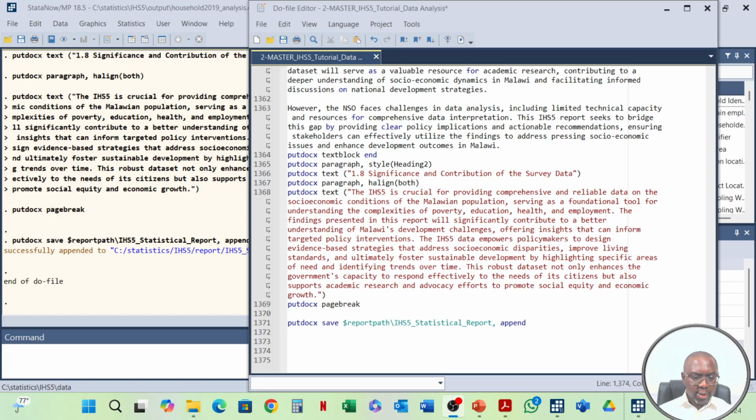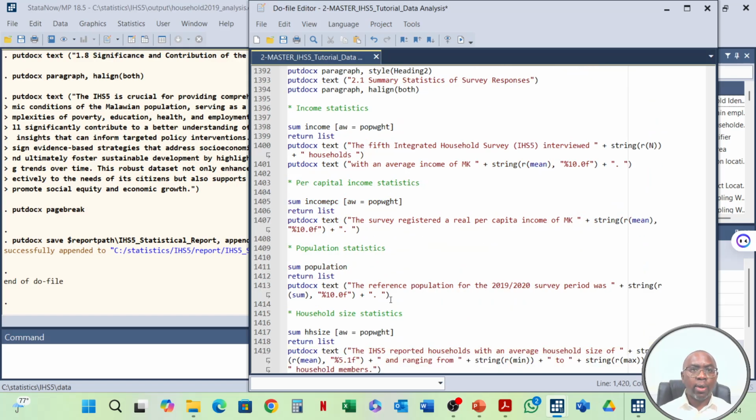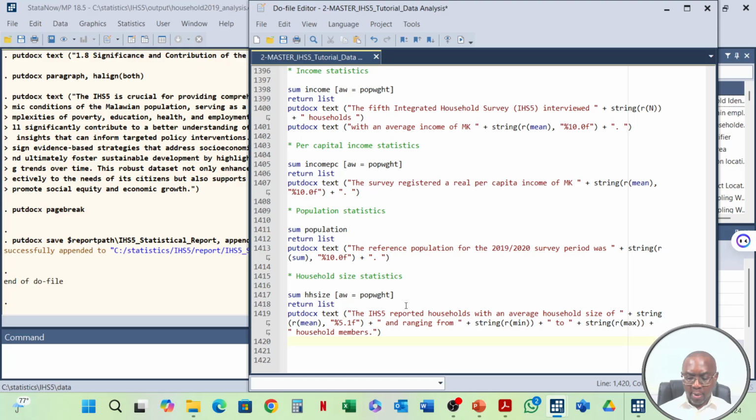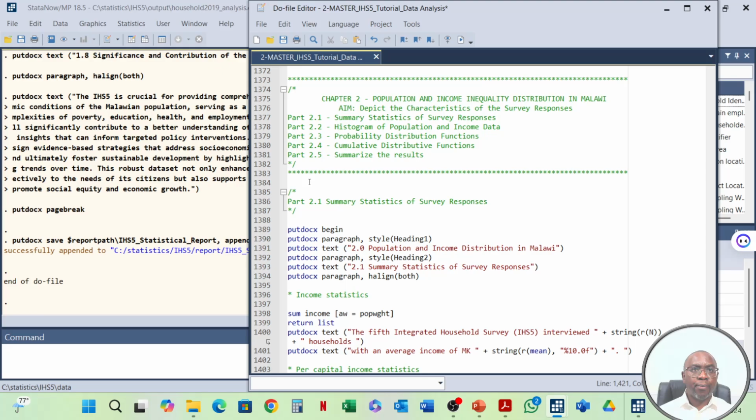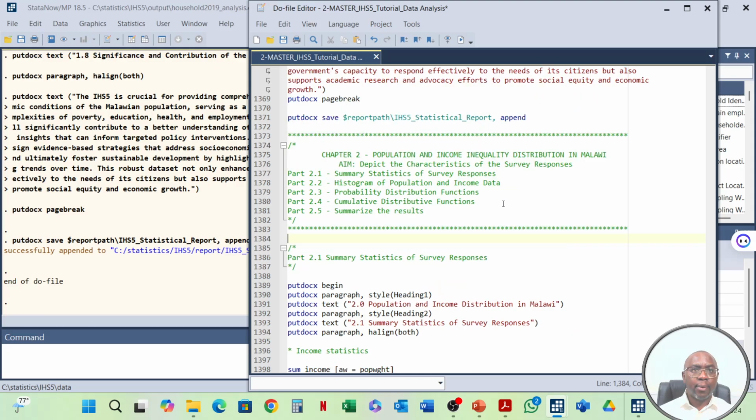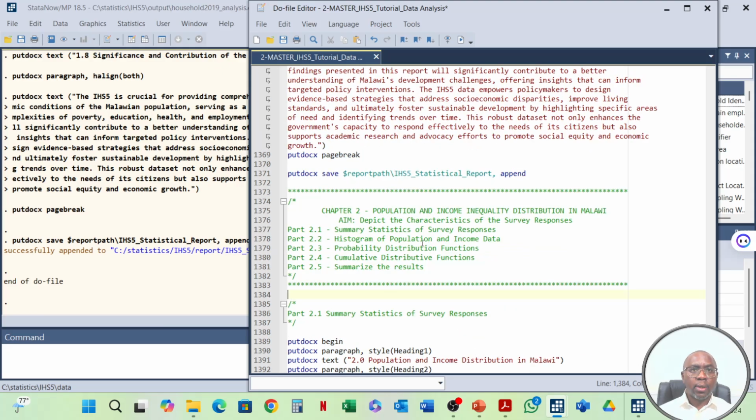So in this next lecture, we are going to go through now an exciting part of the generating of the automated report, and it's how you deal with what we call scalars or numerical values that are generated in Stata. Okay. So of course, in this chapter, what we're going to call it a population and income distribution